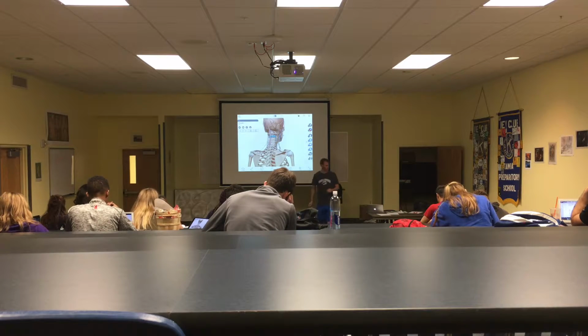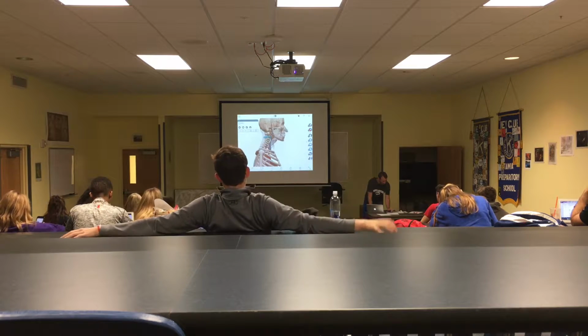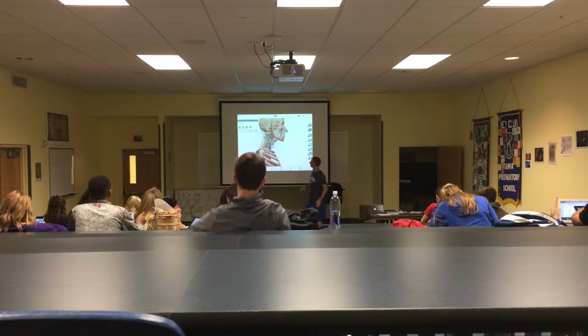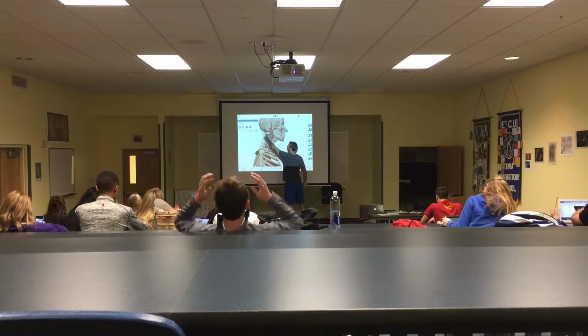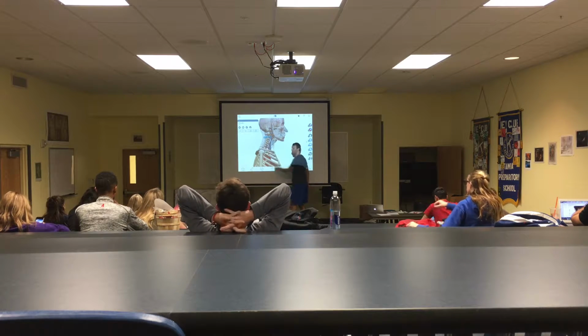So if you turn around here, this is just the blood supply. There's so much stuff that runs through all of this, right? Like everything kind of runs through here. So our C1 and our C2 have a little bit different structures than the rest of the vertebra going down